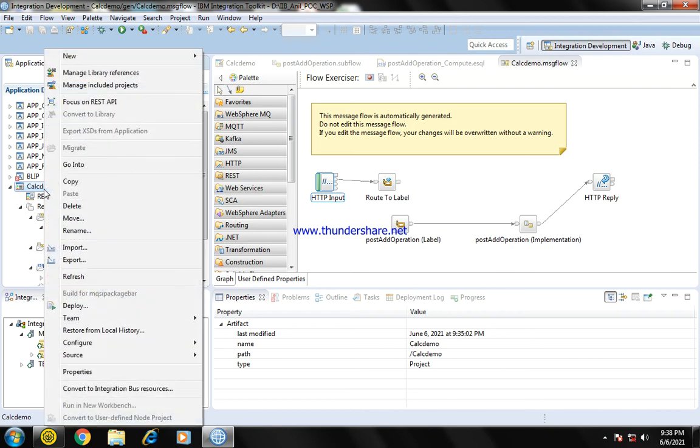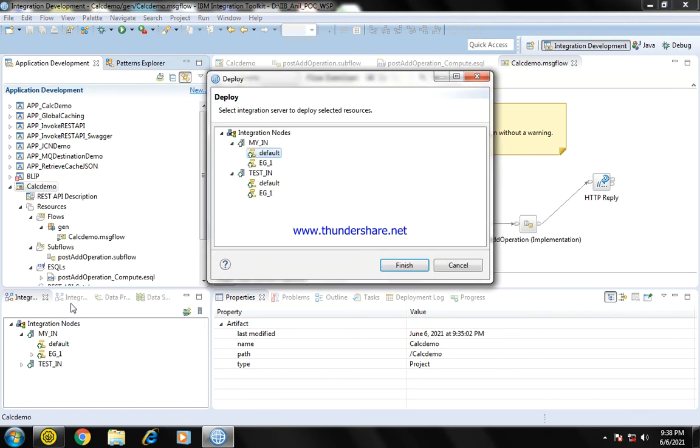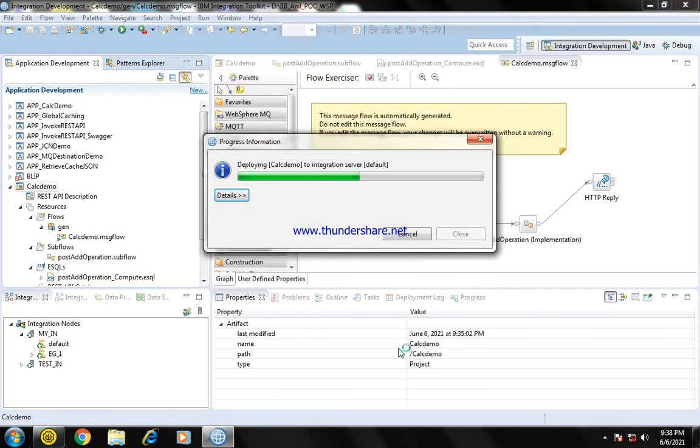I'm deploying my API inside one of the EGs. Click finish.